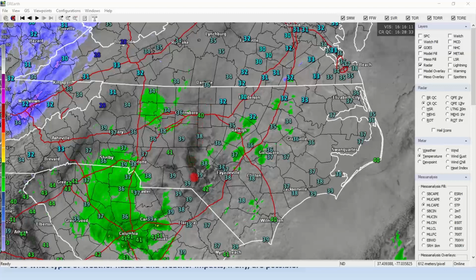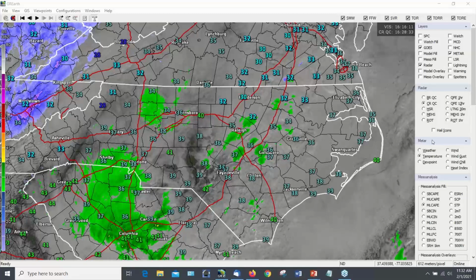The sun is really trying to poke through. And look what happens when the sun pokes through. The temperature quickly climbs. Look at that, 40 in Burlington and 41 in Stanley County and 42 down in Scotland County and Laurinburg. So it doesn't take much to quickly increase the temperature once the sun comes out. As you'll see, look at the 32 not too far away from Burlington where it's 40. So anyway, as long as it stays cloudy, and there's one other thing I want to draw your attention to,